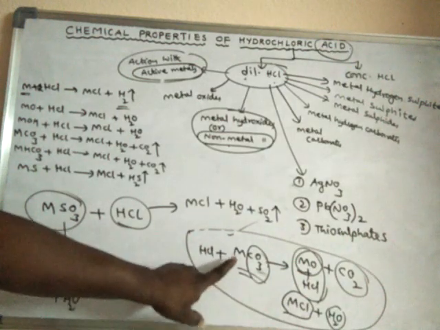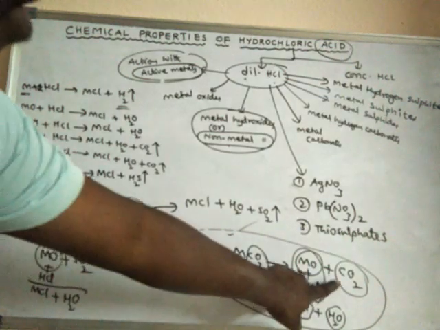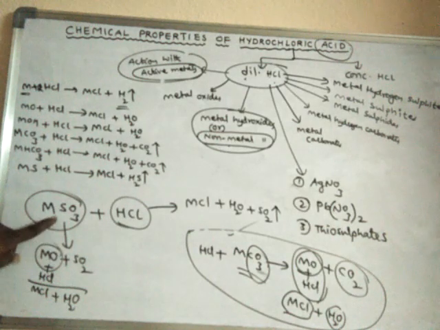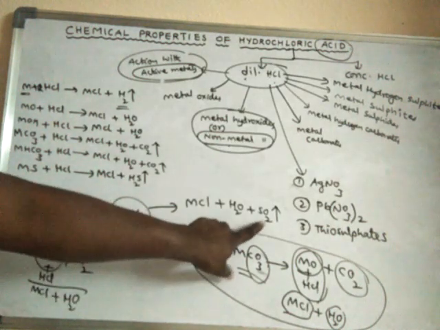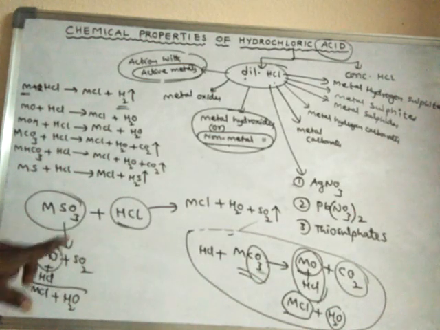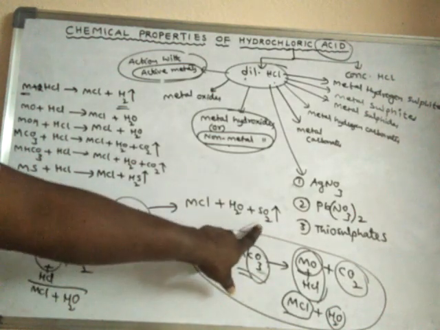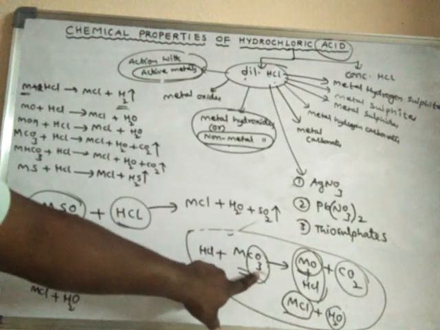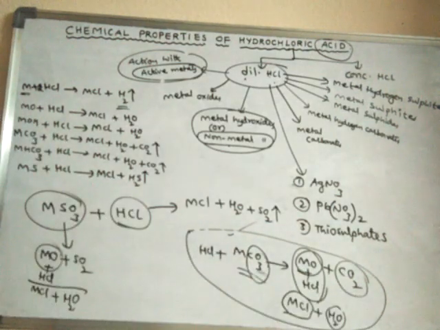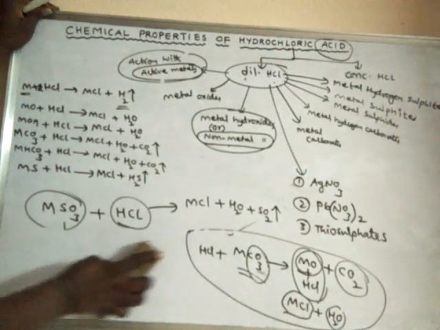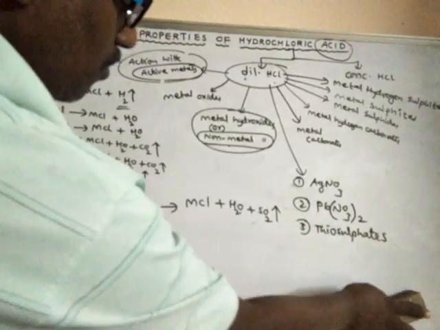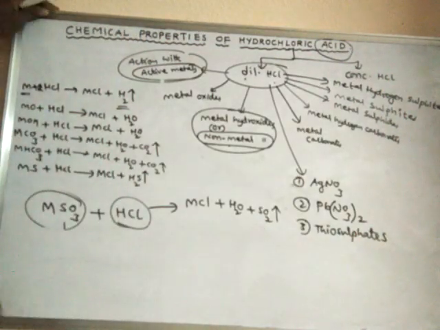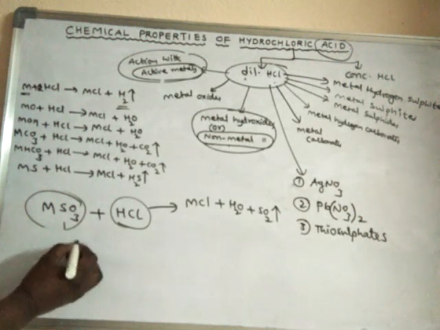So here with metal carbonates, the gas evolved is carbon dioxide. With metal sulfites, the gas evolved is sulfur dioxide. With sulfites, sulfur dioxide gas is formed. With carbonates, carbon dioxide gas is formed. Right, so let us discuss this with one example. Take an example, metal sulfites. For example, take sodium sulfite,